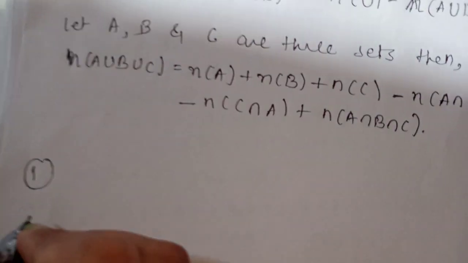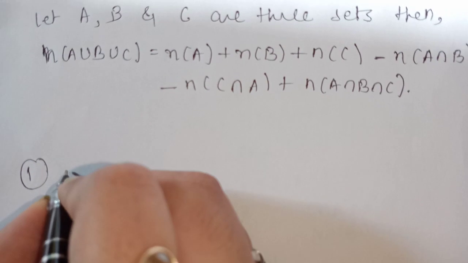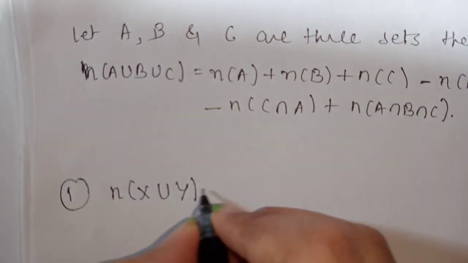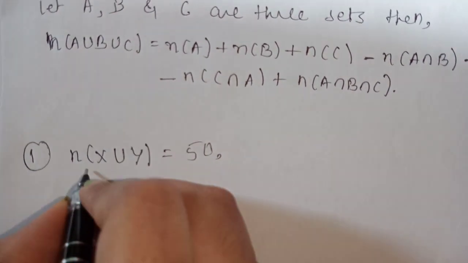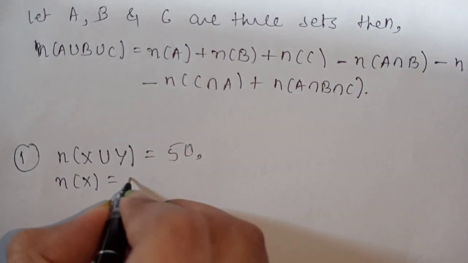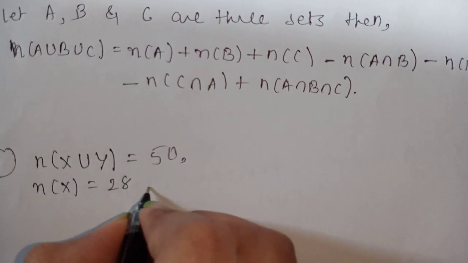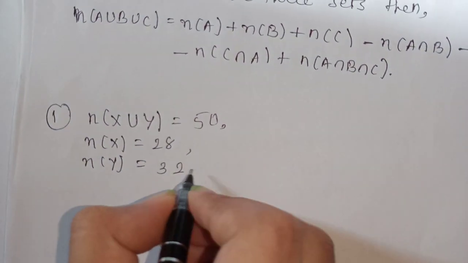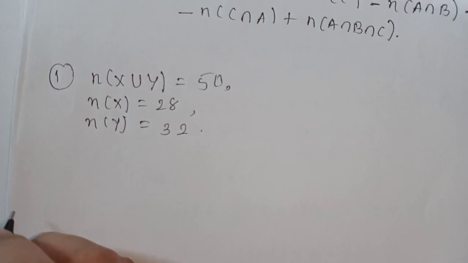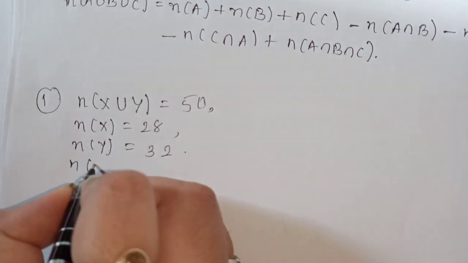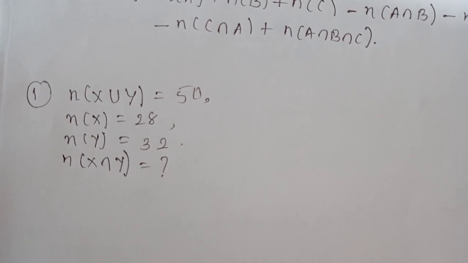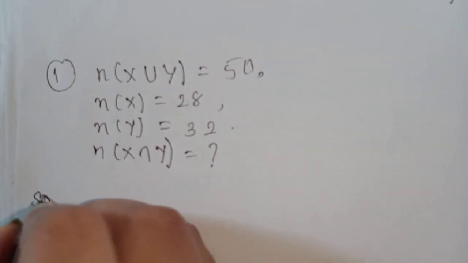Number 1, what are the things I am having? Number of X union Y is equal to 50. Number of X is equal to 28. Number of Y is equal to 32. Then what I have to find? Number of X intersection Y. Clear? So the solution will be